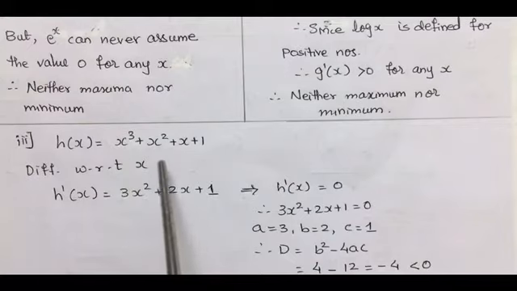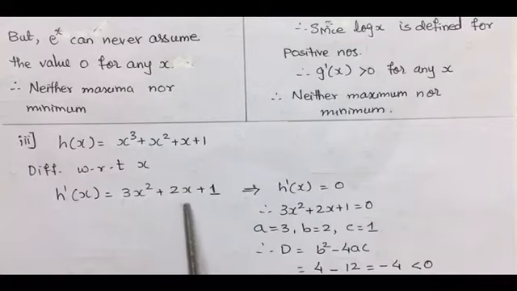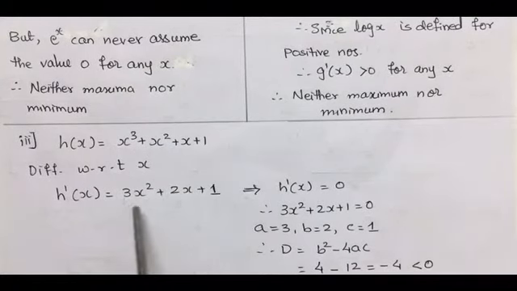Differentiation of x cube plus x square plus x plus 1 gives us 3x square plus 2x plus 1. Equating this equal to 0. Now it is not getting factorized directly by splitting off the middle term. Hence,